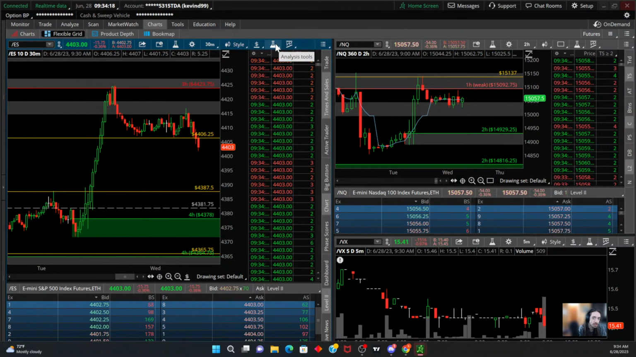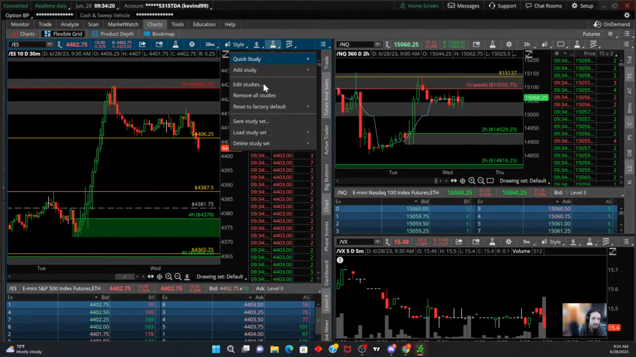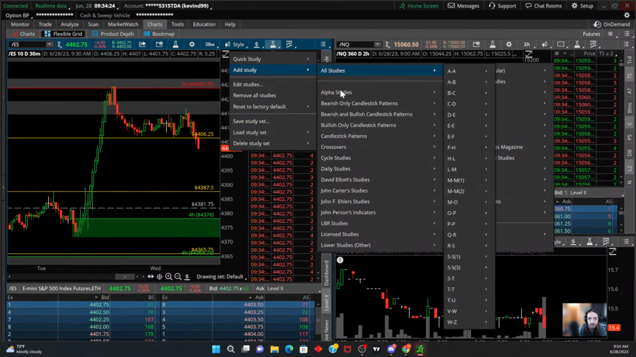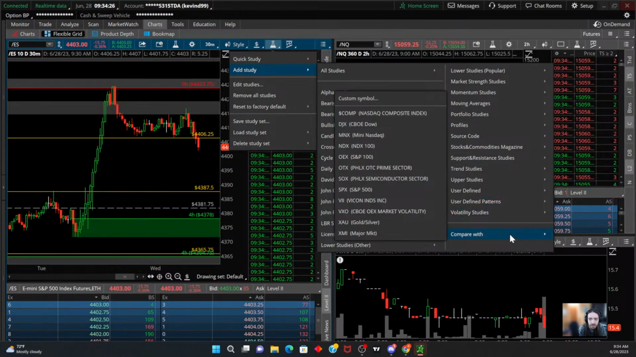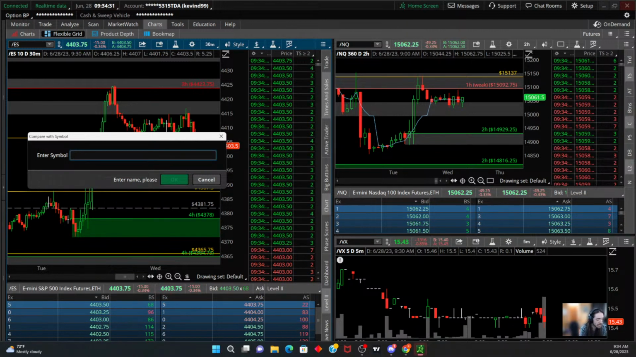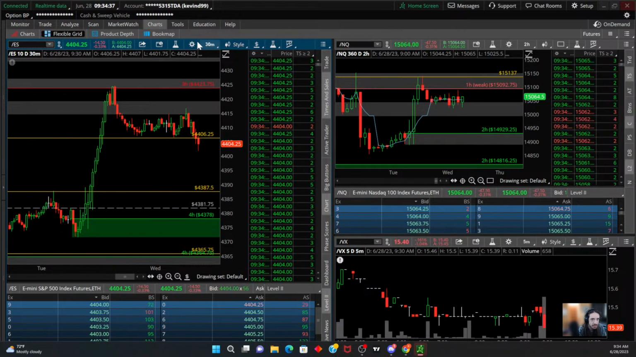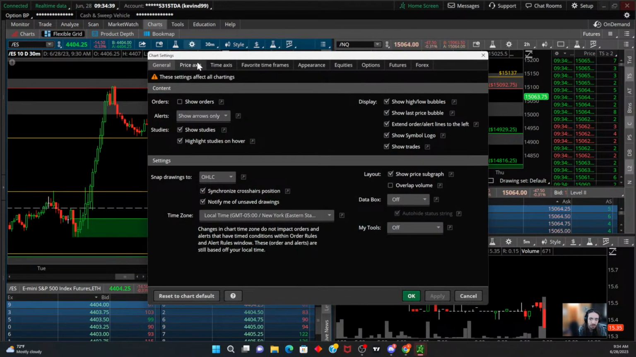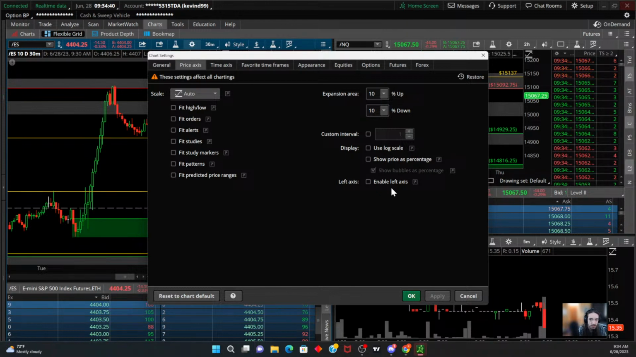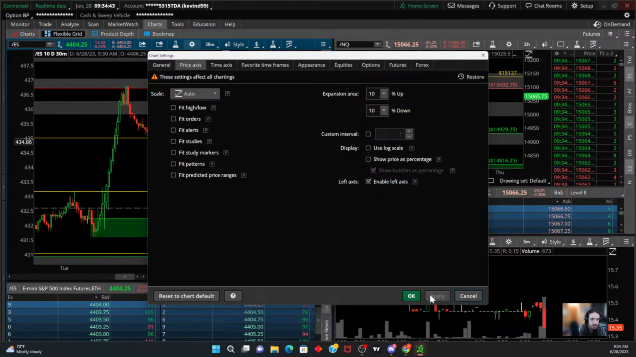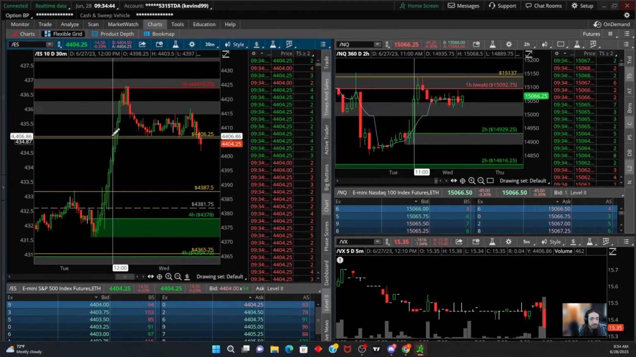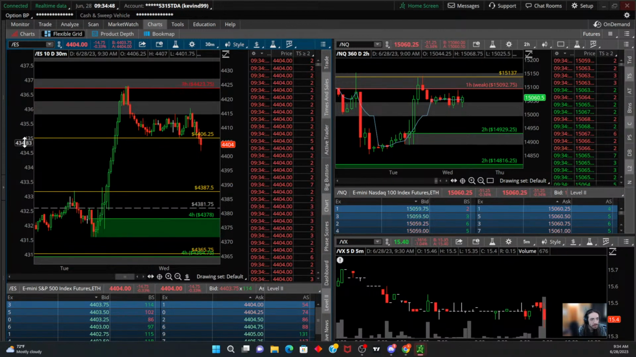So what you're going to do is go to the analysis tool, the studies, and add a study. Come down to compare with, do custom symbol, and we're going to do SPY. If we were doing NASDAQ, we would want to do QQQ. Hit OK. Now you have to go into your chart settings and make sure you have enable left axis. Now it's going to plot SPY's price on the left side of the chart